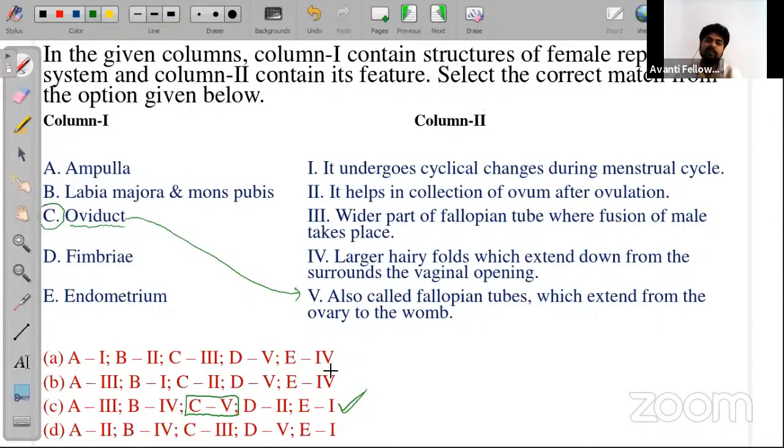Then I will not read the rest. I am not reading other things at that time, and that's why this option is correct, because I am confirming C. मतलब मैं C में confirm हूँ इसके वजह से. In the other options, there is no 5 with C. And that's why I select this option. So this is one of the easiest tricks when you are guaranteed about any answer and that answer is matched to only one option.